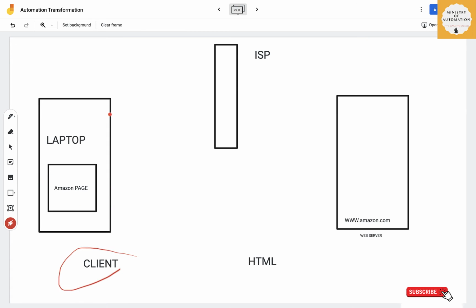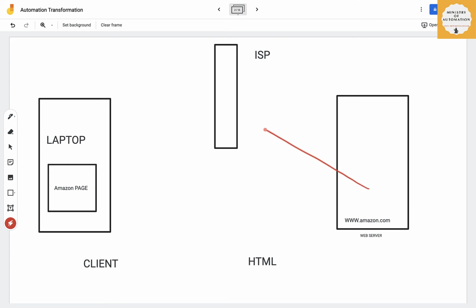So what happens exactly when you type Amazon.com? I'm calling this a client: your machine, and the browser inside it. The moment you type the URL and hit enter, it tries to connect with the internet and your internet service provider, and the request goes to the server on which that domain is registered. If you don't know about domains, forget it. It is just a URL. That URL is registered to be requested on a specific server, and your ISP knows that. So the moment someone requests Amazon.com, it goes to an Amazon server, and the Amazon server will say, hey, if someone is requesting me or my website, I'm the one who will respond back with some information.